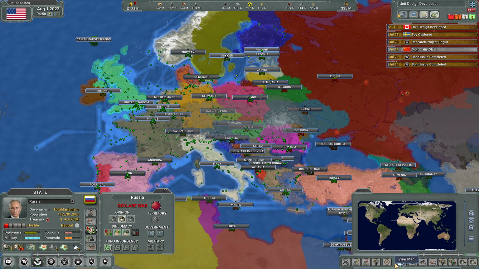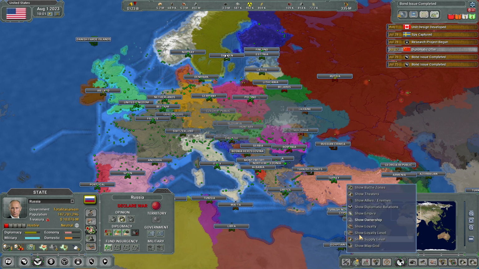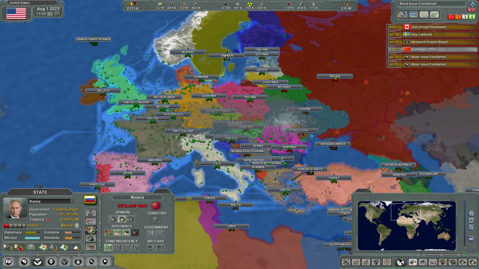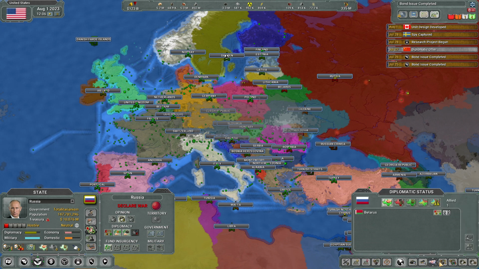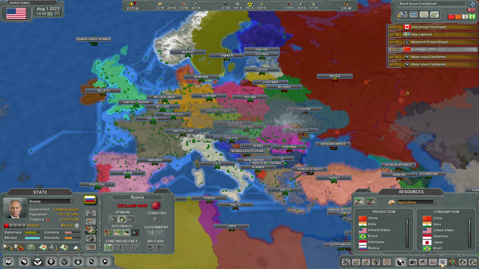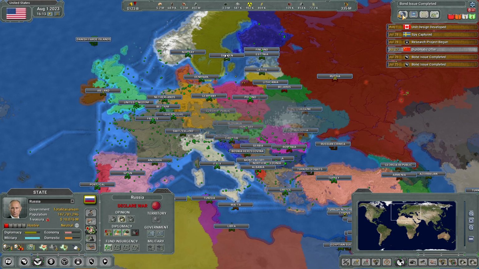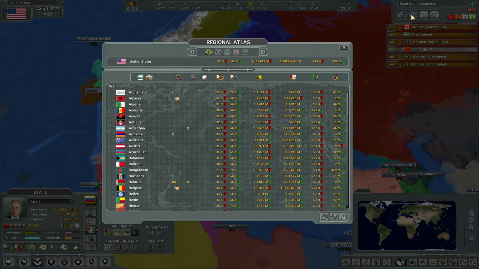And if you're ever feeling overwhelmed and you need to get an idea of what's going on in the game, or you just really like looking at numbers and data, this game has that too. In addition to all the different overlays and map modes, at the bottom right here you'll see a selection of different options on the UI to show you information on the map and even give you some ways to interact with it, as well as you can pull up the regional atlas at the top right,